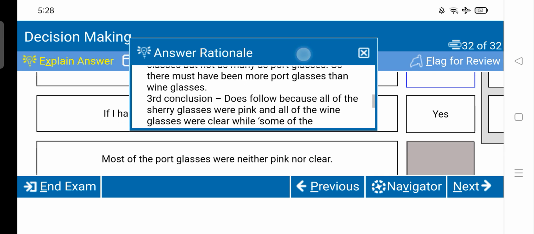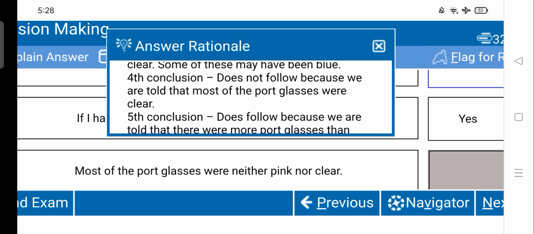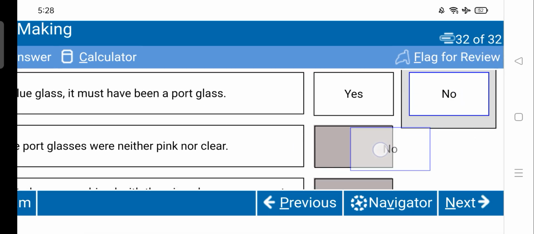Fourth conclusion, which says that most of the port glasses were neither pink nor clear, does not follow because we are told that most of the port glasses were clear. So the fourth conclusion again does not follow. So we can say that we will drop a no in front of this